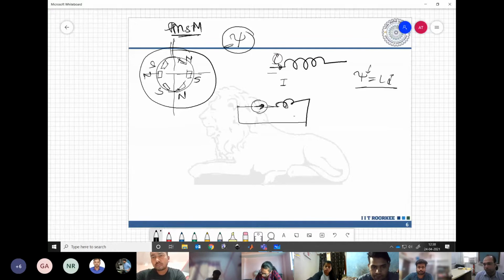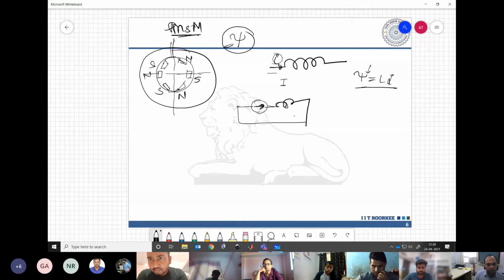Understanding my point? This could be our magnet. So it will have north-south poles, and according to the direction of the current or direction of field lines, we can say yes, this is modeled like this. The magnet is modeled like this, isn't it? Any confusion in this one? No, sir. In effect, whether you have a magnet or you have a coil with constant current, both will have the same flux given out. That is the basis of how we model this.